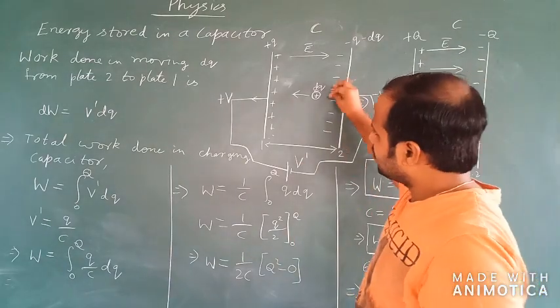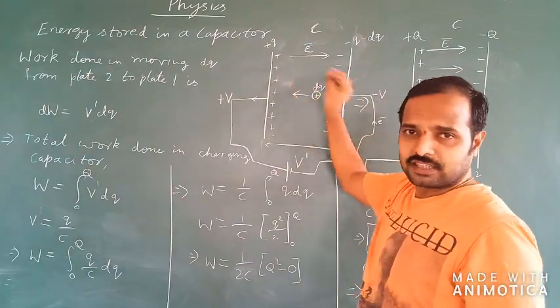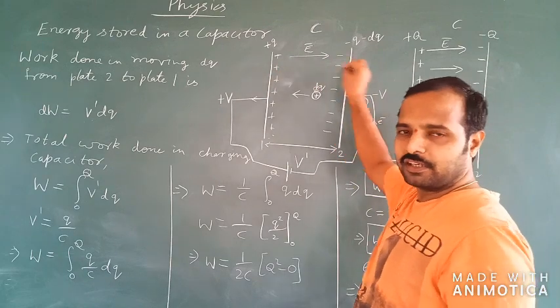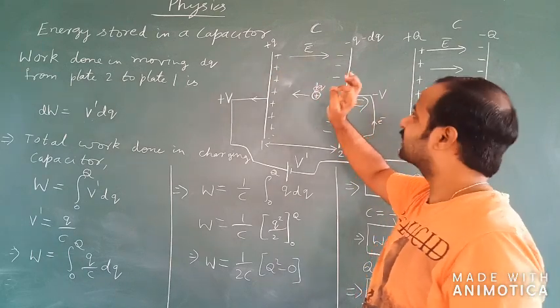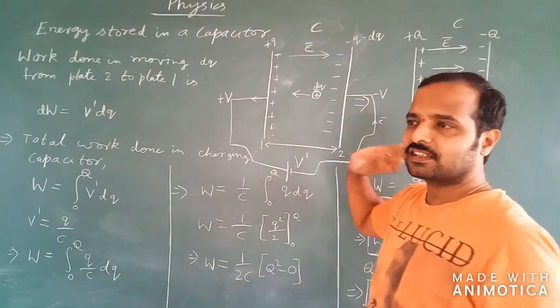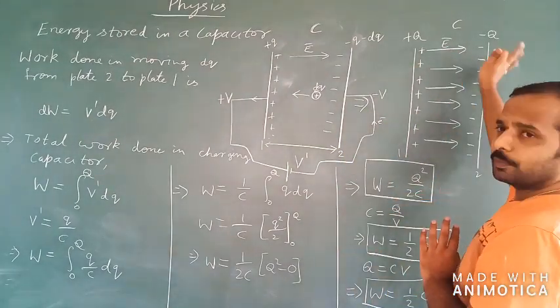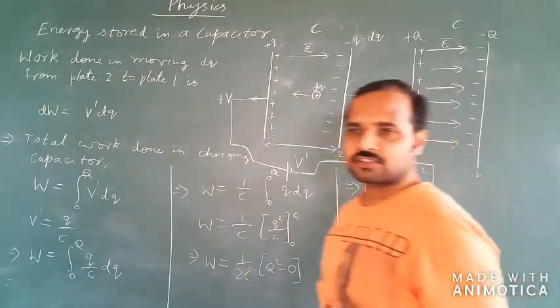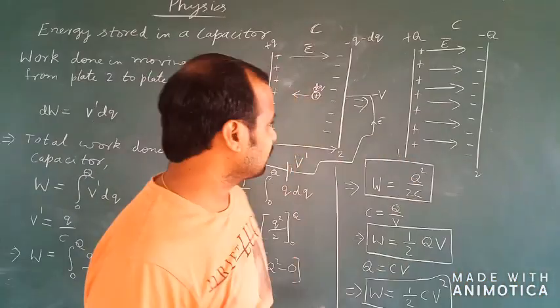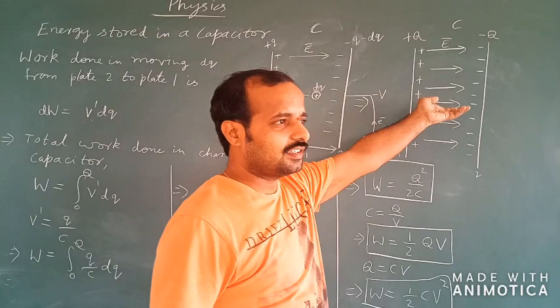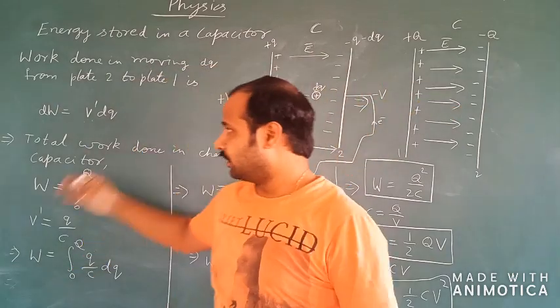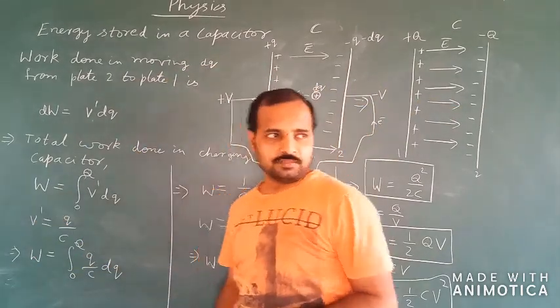Initially we are sending the charges one by one, from one plate to another in terms of single charges. Once the complete charging is done, we can remove the external circuit, and you can see that the two plates of the capacitor are charged up to their maximum limit. In doing this we have to do some work. That work is nothing but the total work done.